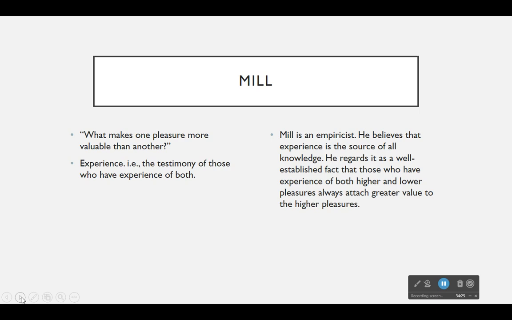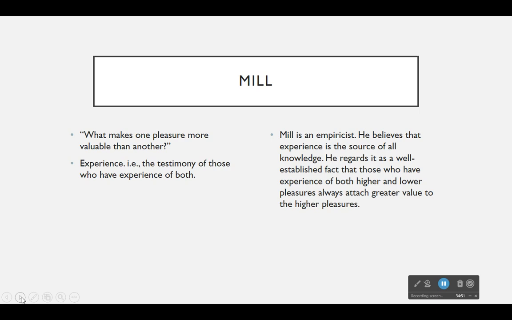Here again, somebody who can't appreciate comic books is not in a position to make that judgment. And someone who is not in a position to appreciate Shakespeare is not in a position to make that judgment either. You have to seek out the testimony. You have to consult the experience of those who can appreciate both. And Mill thinks that when you do that,